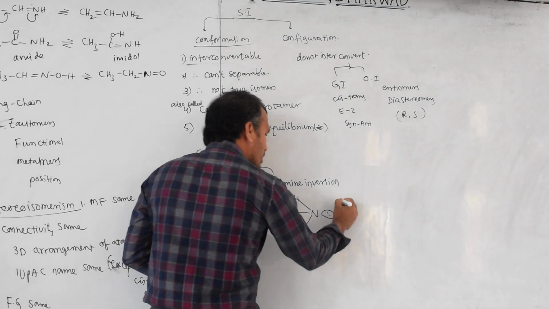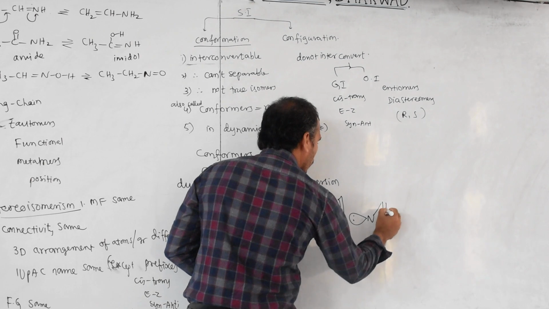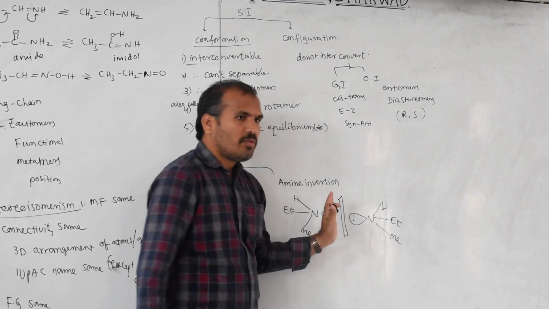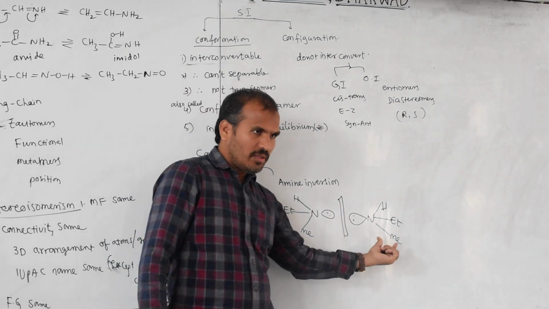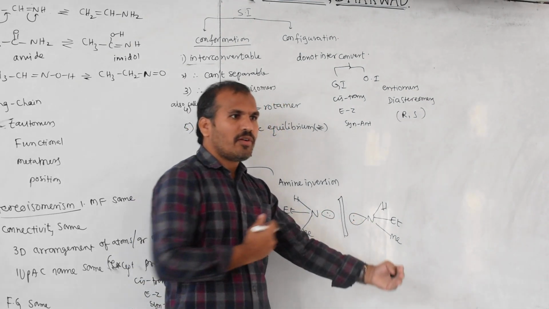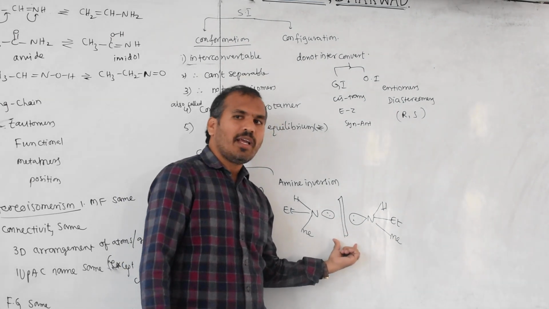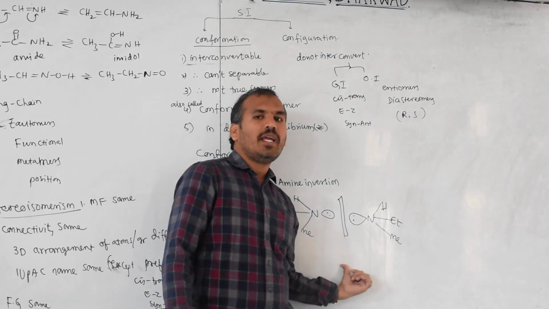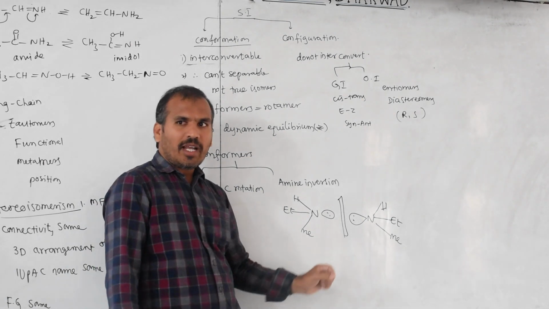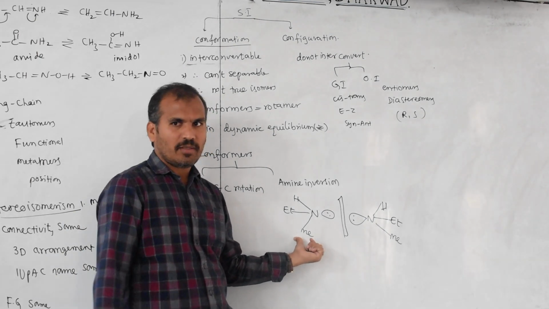The reason: now I will write its mirror image here. Ethyl, methyl. The left one is the mirror image of the right one, and the right one is the mirror image of the left one. But the left one immediately goes to the right, and the right immediately goes to the left. They convert fast, so we cannot separate them. Therefore, this is optically inactive. There is an explanation for optical isomers here, and I will explain again in the amine chapter in detail in the second year part.